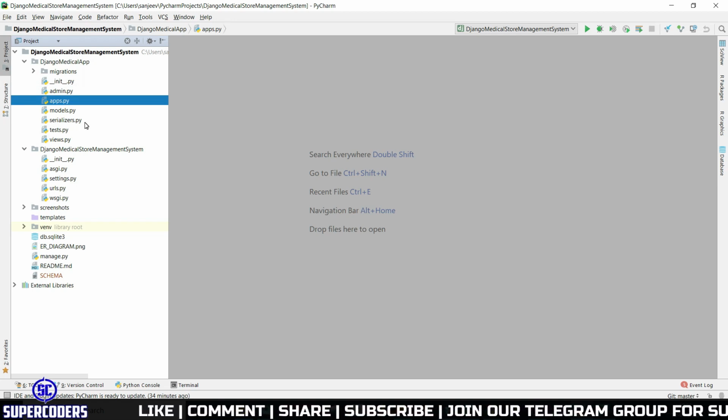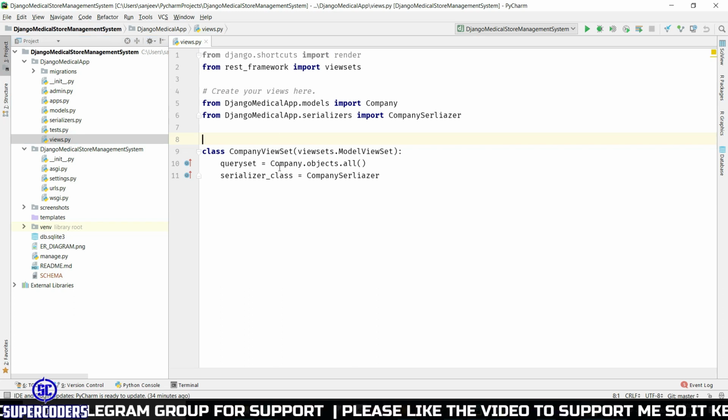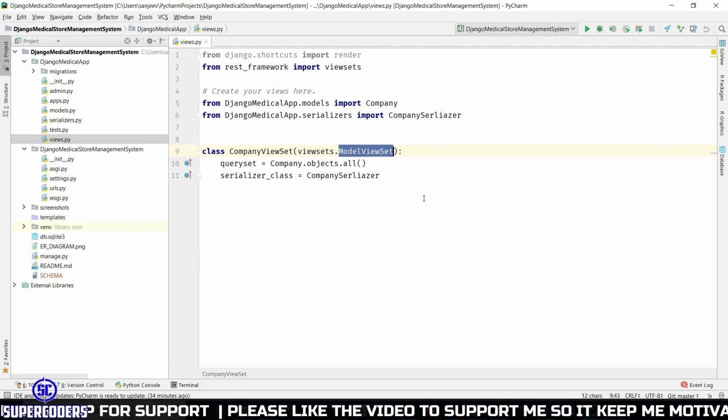Now, first I am changing my company viewset to a separate URL endpoint for each request, like for the post method, get method, and every method, I am separating its URL. So let's do it. First open views.py. Here you can see currently it extends viewsets.ModelViewSet, so all methods come in these two lines of code. But let's make this separate for each request, like for post, get, list.